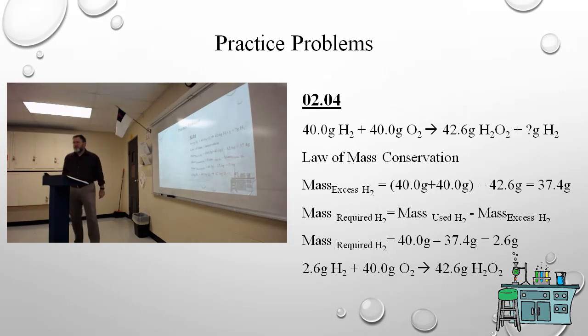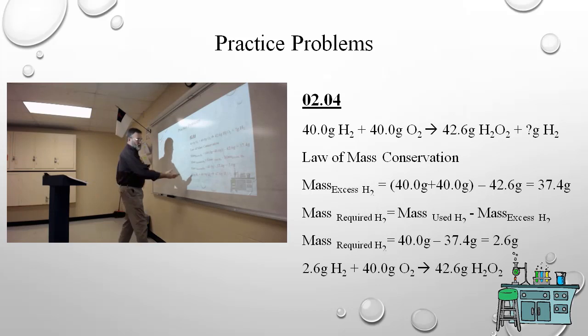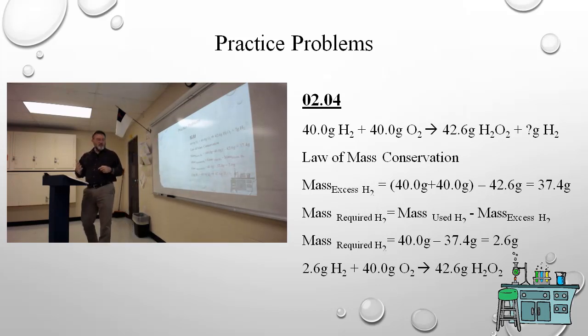It'll be more obvious to you then, but this is kind of the long way of going about figuring out how much extra hydrogen did I have, taking that extra amount out of what I actually used the first time, and figuring out how much I should have used, and writing that down now as my reaction equation. So we can say 2.6 grams of hydrogen and 40 grams of oxygen react to produce 42.6 grams of hydrogen peroxide. And again, you might not know that hydrogen peroxide is H2O2. It is, but so,